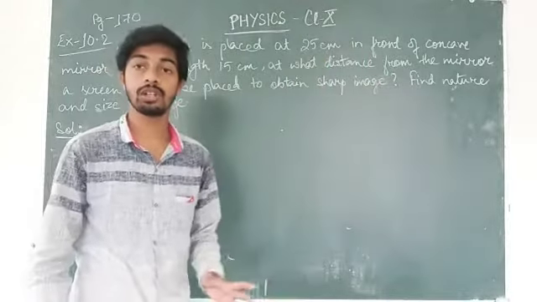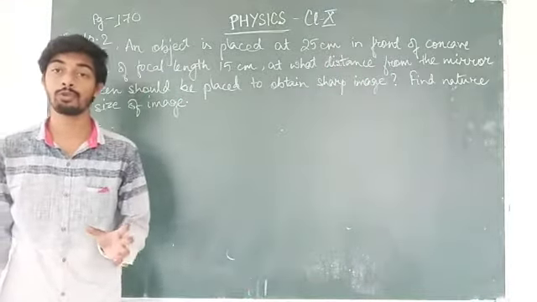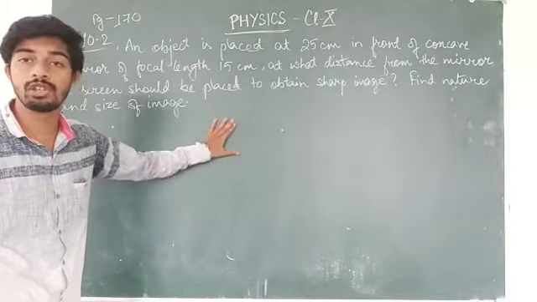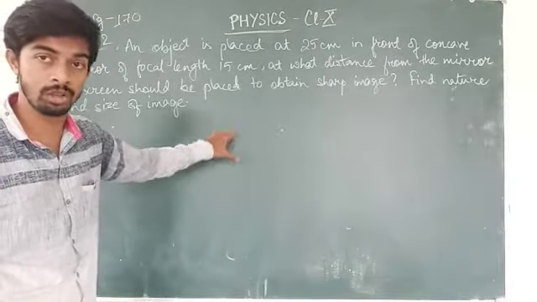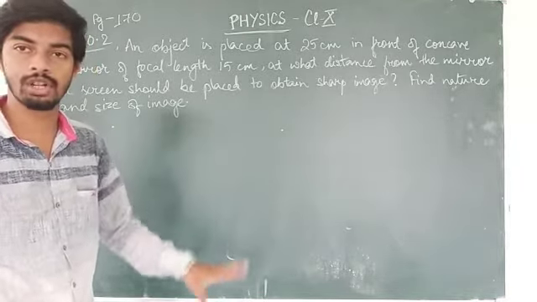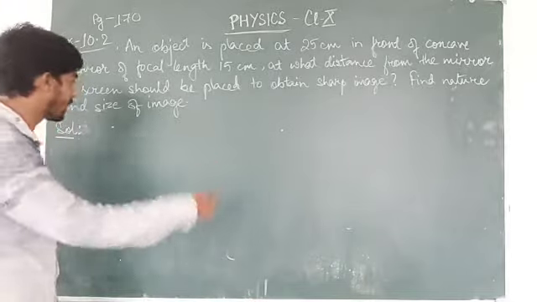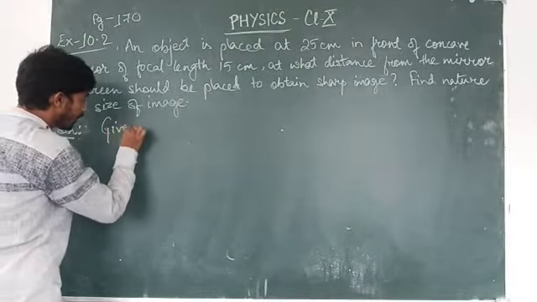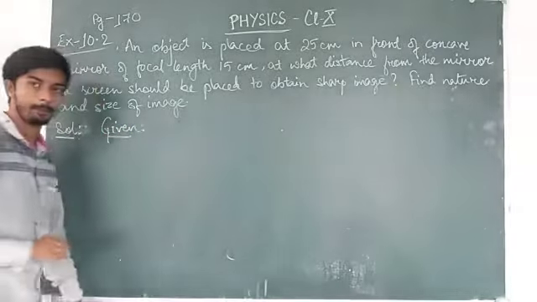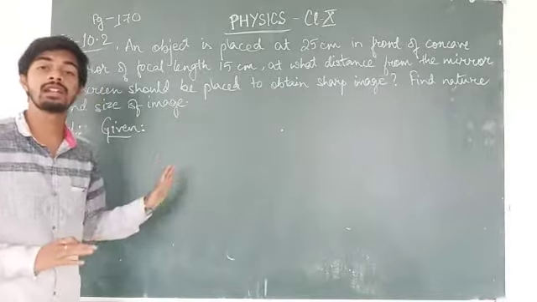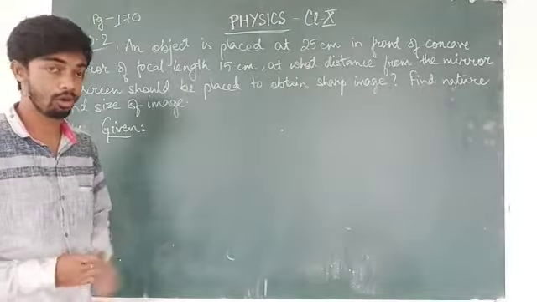So from the question, first you have to know what things are given, what information has been provided in the question. First of all, we have to write down all the information together. We'll start like this. For any question, you will write "Given". Whenever you write given, it decreases a lot of work.